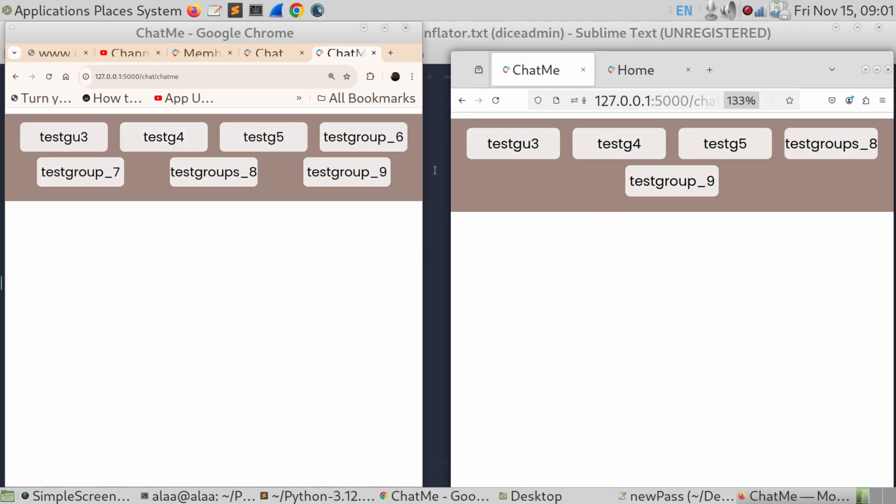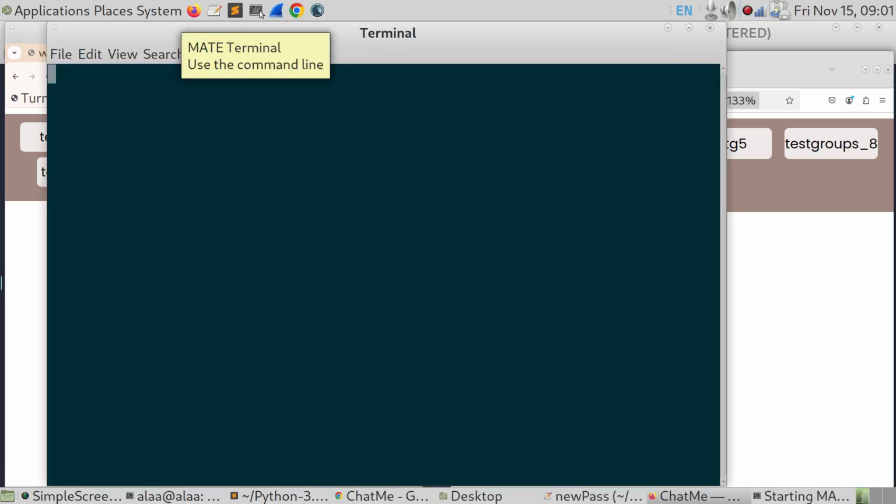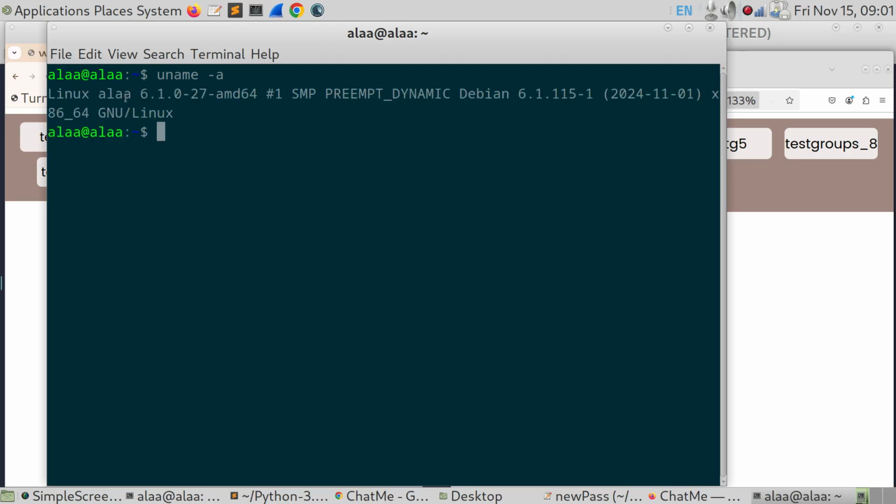And that's about it. Hopefully I did not miss too much to tell you about. So we are using Python 12, and that is currently a Debian with, and today is